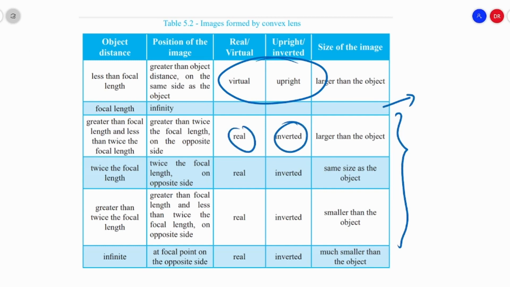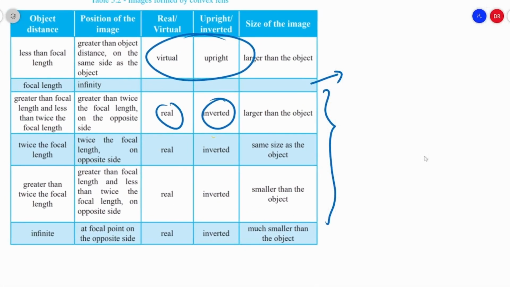But what is the changing factor? There should be one, no? Then the changing factor is that the image size is reduced. Then you can make a relationship like this. You can see larger than the object, larger than the object. In here, no object, no image. Okay, no image. Then larger than the object, same as the object,